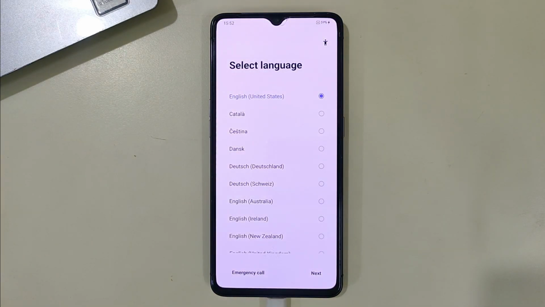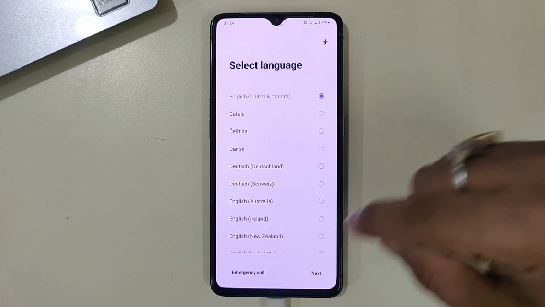As you can see, now we have successfully booted into Realme UI 2. Now I will show you how you can roll back to Realme UI 1. It is important to roll back to Realme UI 1 to flash the normal TWRP and to flash other custom ROM and OxygenOS. On Realme UI 2, you can't do these things. So to do these things, you have to roll back to Realme UI 1. So follow the video properly. Now let's set up this device.